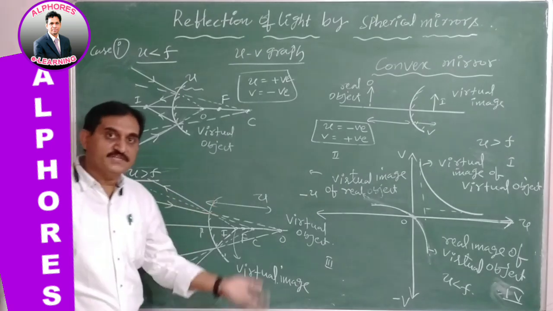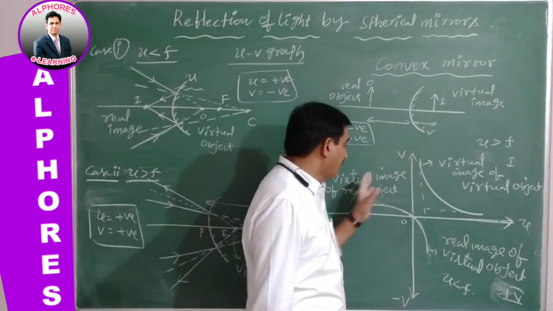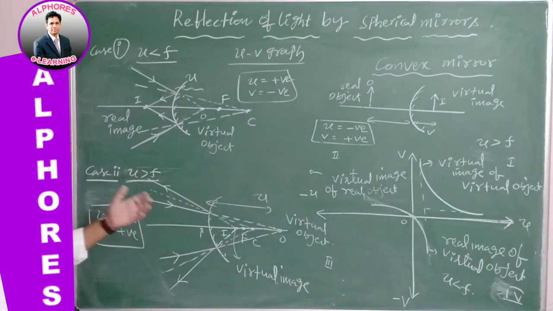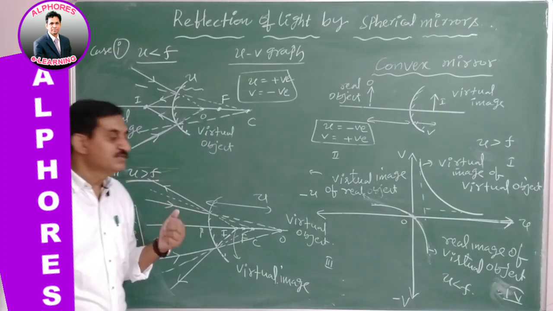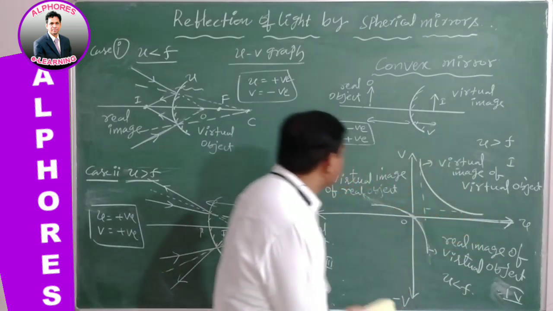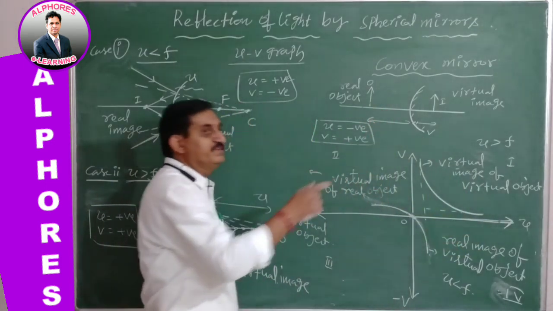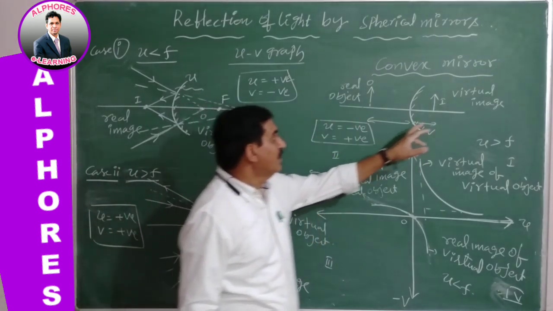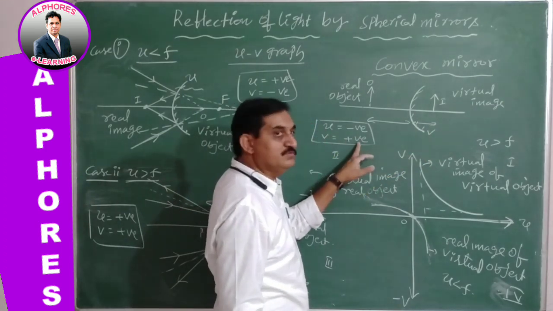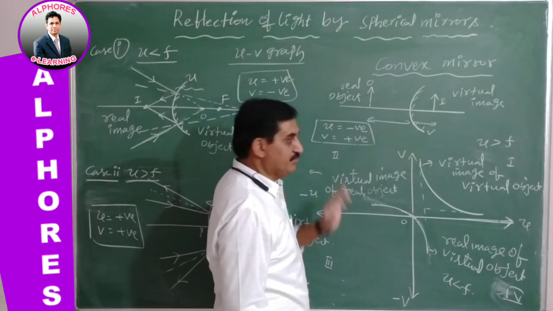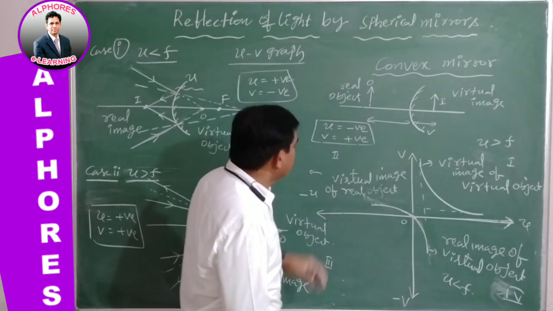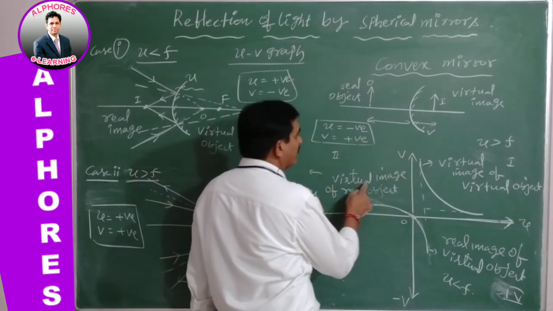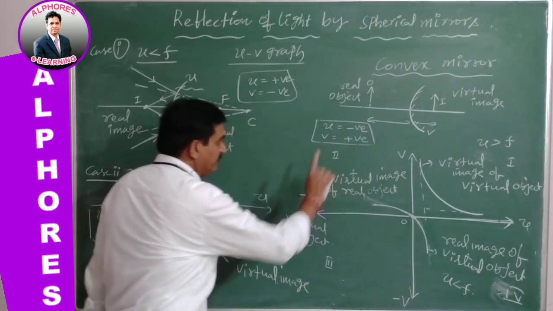But for the sake of understanding how these graphs are extracted and from which situations, let us understand by taking these proper cases. So here, in the first case, it is very fundamental. Every time I am giving the statement that the image formed is always virtual for a real object. So the image is virtual, therefore v is positive. The object is real, so u is negative. Based on this, u negative, v positive. This part is already given its name: virtual image of real object.